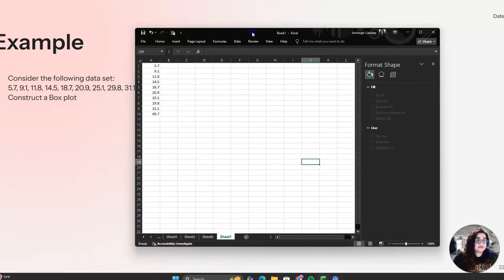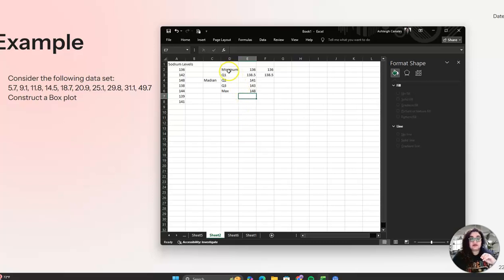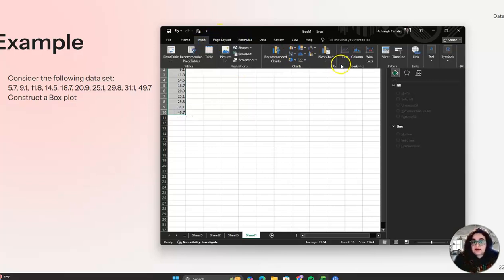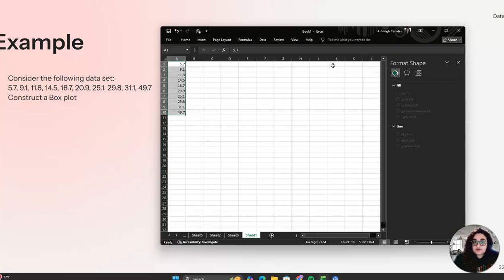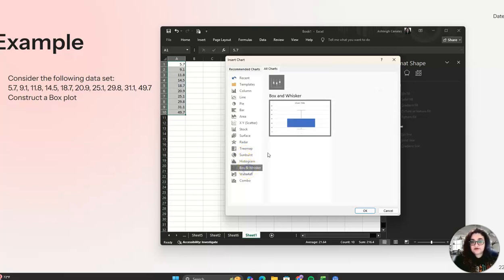So I have my data points here in Excel, and I was trying to say that you can go ahead and do the IQR, the interquartile range, the 5-number summary like we did in the previous example, or you can highlight them and insert your box plot. So we're going to go to charts, all charts, box and whisker,